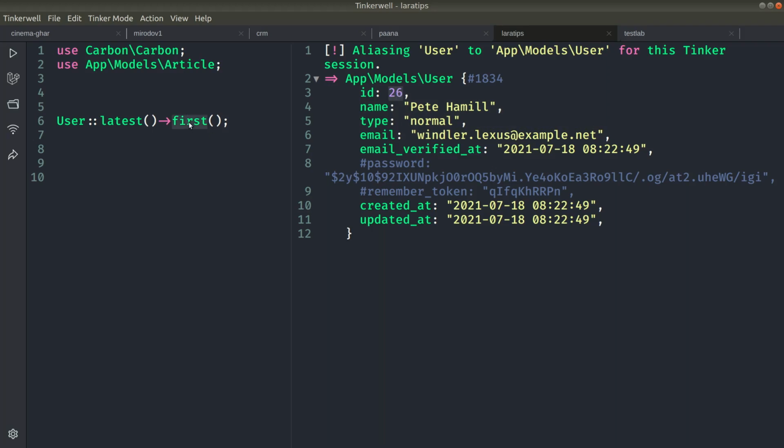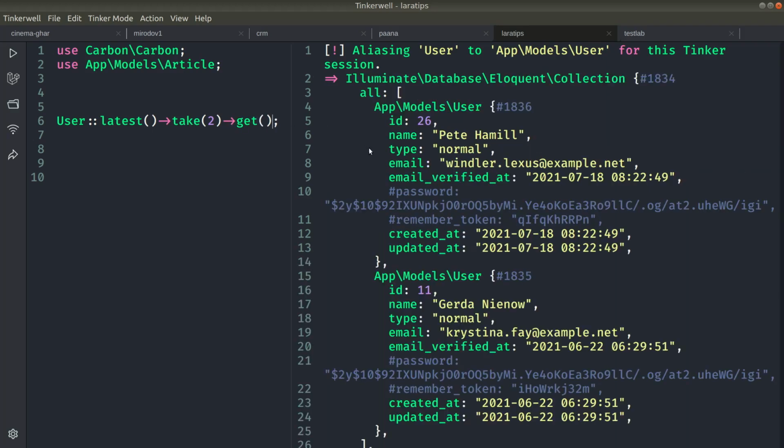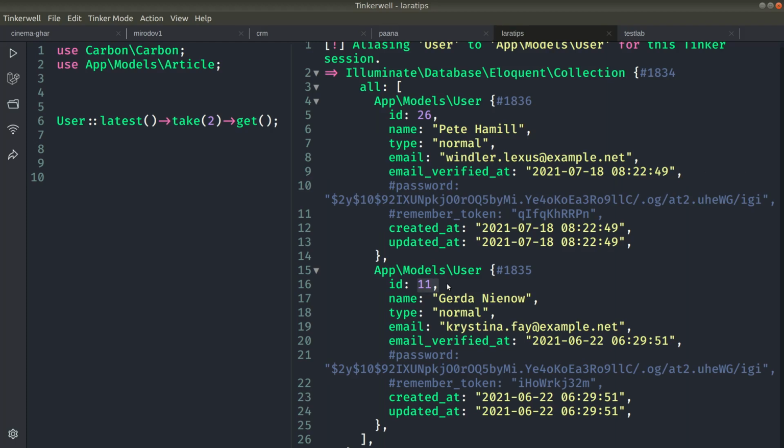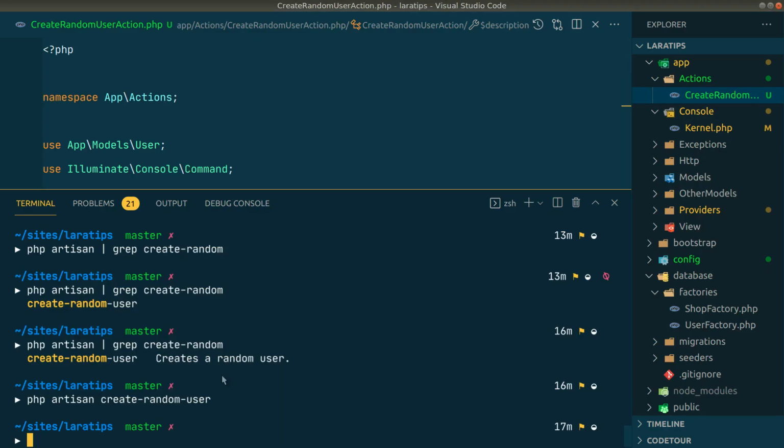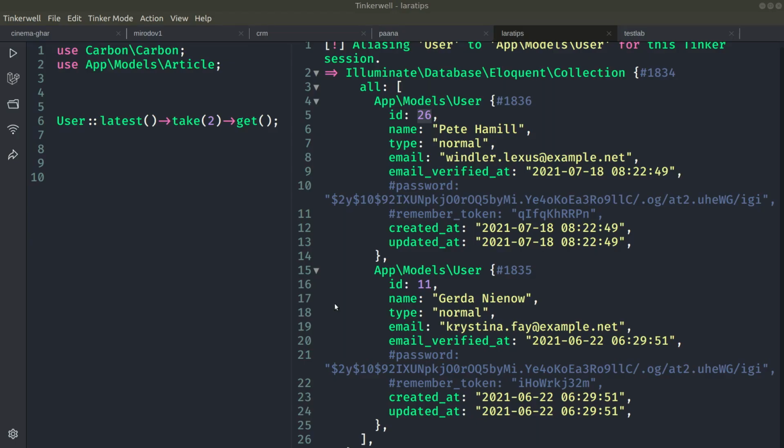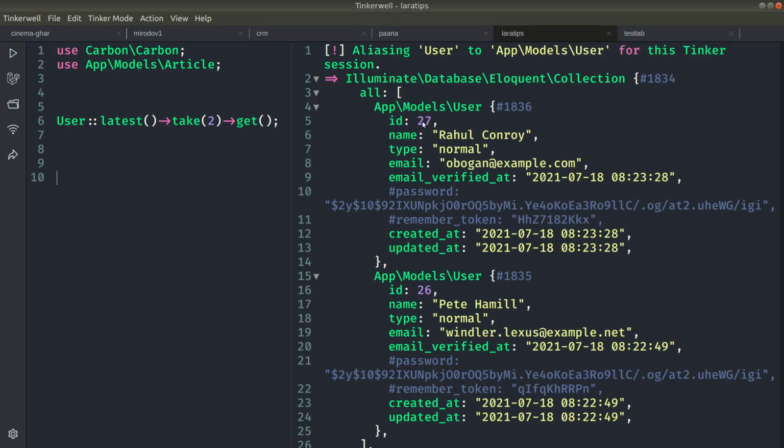And let me show you the latest 2 as well, because I have created many more users previously, so the ID just jumped to 26. Okay, I'll just show you here like this, and you can see here guys, the previous one was 11 and the current one is 26. And guys, again if I run this command, then it will create a new user, and now it will have the ID of 27, and this is the new user.